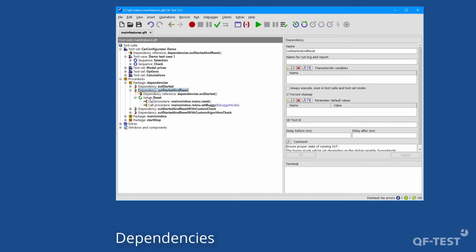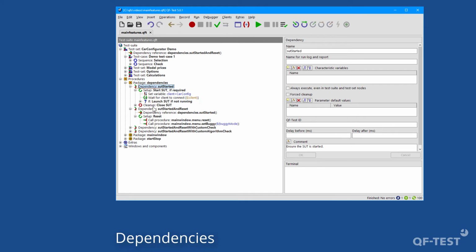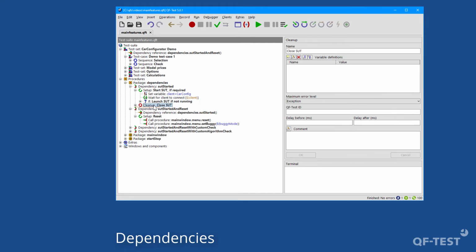Dependency nodes are a smart way to organize preconditions and postconditions of test cases. So they consist of setup nodes and of cleanup steps to clean the environment, and the pre and the postconditions are only triggered on demand once they are really required by the test run. So this can have a huge impact on the way you design tests, as QFTest is taking control when a setup should be executed or when a postcondition should be executed to clean the